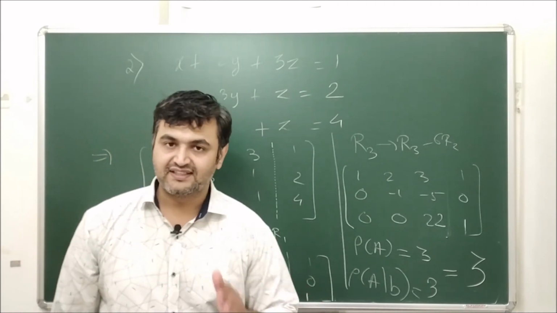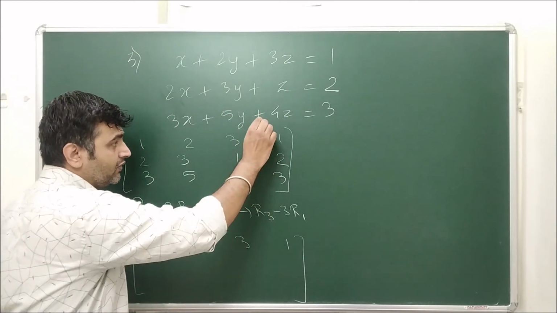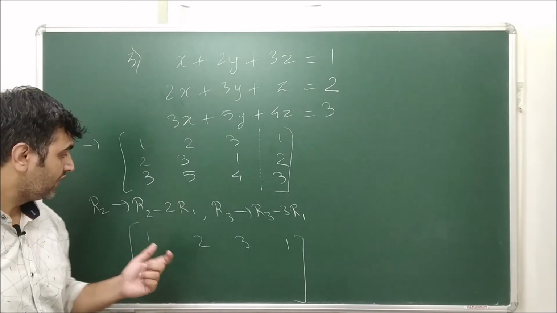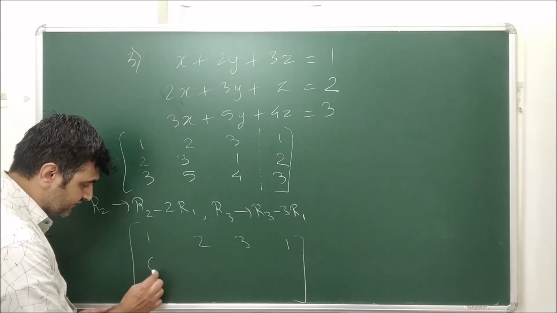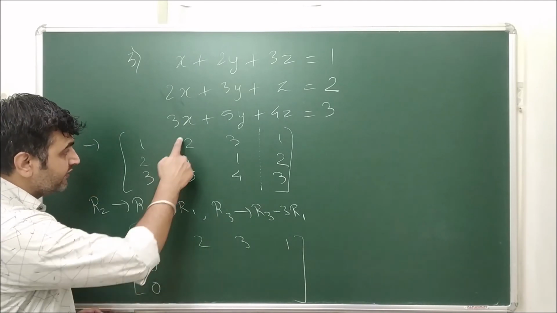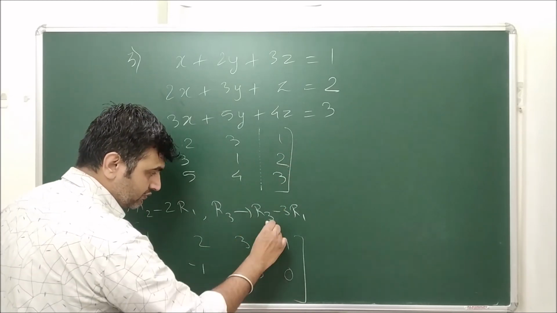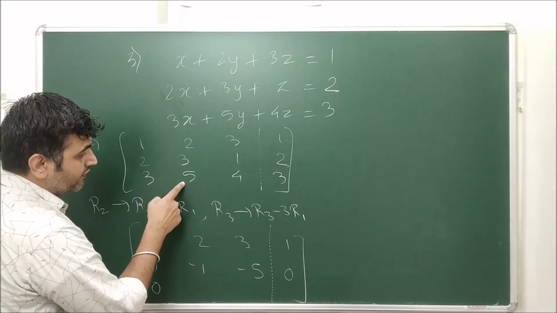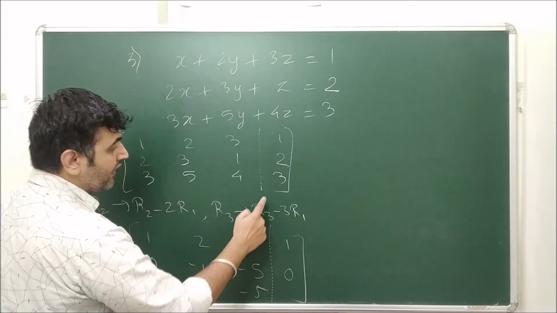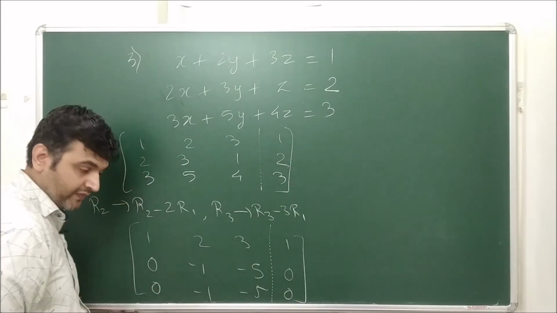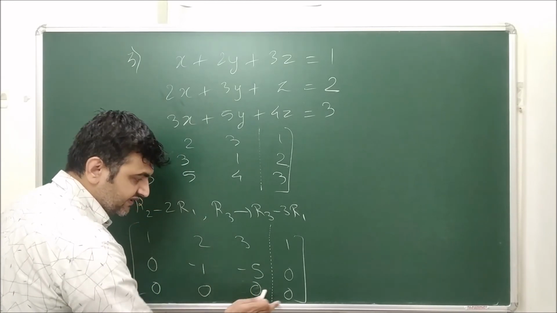Okay, now let's go for the final example. So here again you have a system with 3 equations. You write down in the augmented form A augmented B. Then again you have to make these 2 entries as 0. So R2 minus 2R1, R3 minus 3R1. This will force these 2 entries to be 0. 3 minus 4 is minus 1, 1 minus 6 is minus 5, 2 minus 2 is 0. This will be 0. 5 minus 6 is minus 1, 4 minus 9 is minus 5, and 3 minus 3 is 0. Now if I do R3 minus R2, this will be 0, this will be 0, and this is already 0.